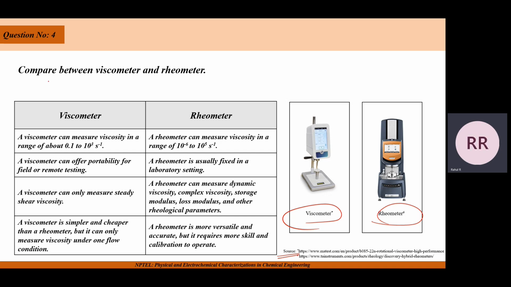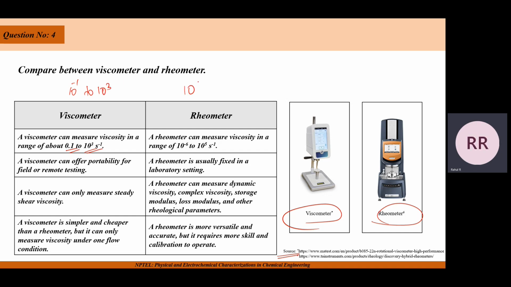Okay, now the viscometer can measure viscosity in the range of about 0.1 to 10 to the power 3 second inverse. So the range that a viscometer can actually measure is comparatively much smaller than a rheometer. You can see from this example: for a viscometer, it is from 10 raised to minus 1 to 10 to the power 3. For a rheometer, it is in the range